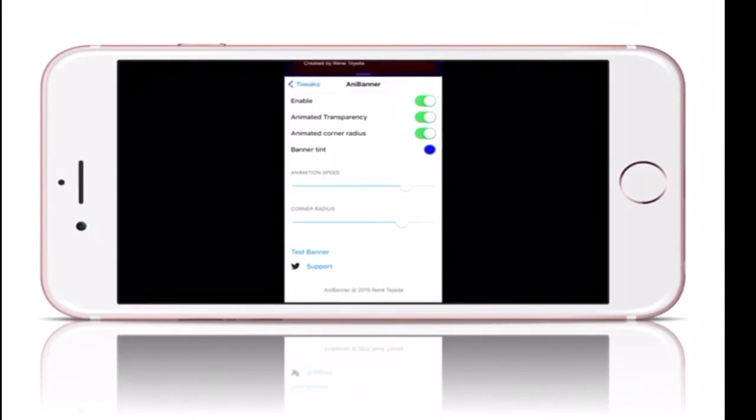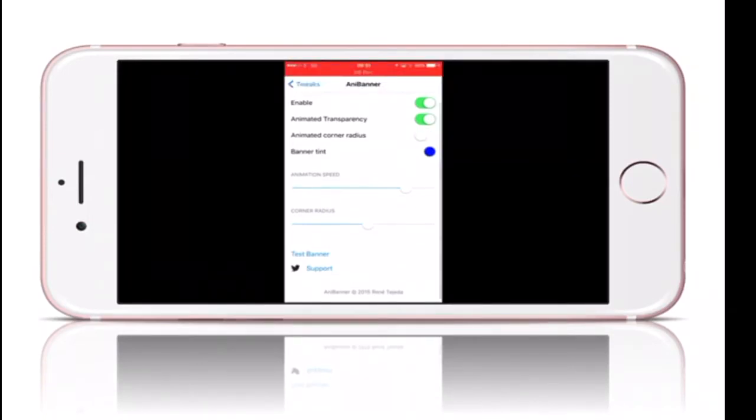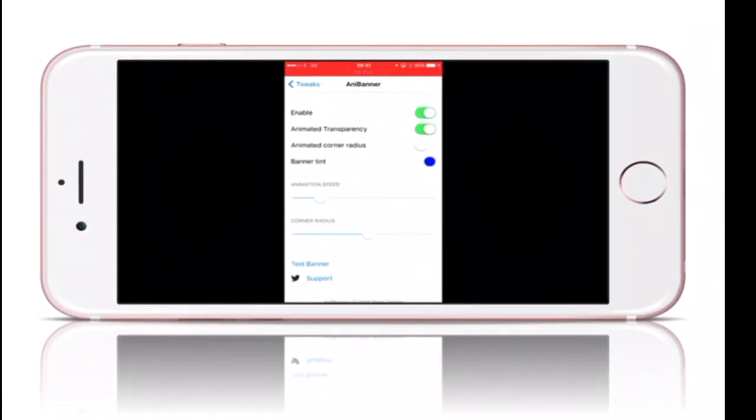Now you can change the colours. You can also change whether you want cornered edges, or you could have it just plain straight across like the normal stock banner, still with animation. Now you can toggle on these three options, and by clicking on the colours, as you've already seen quickly on there, you've got a ton of colours, so you can do whatever theme you've got going on. You can do it to complement your theme.